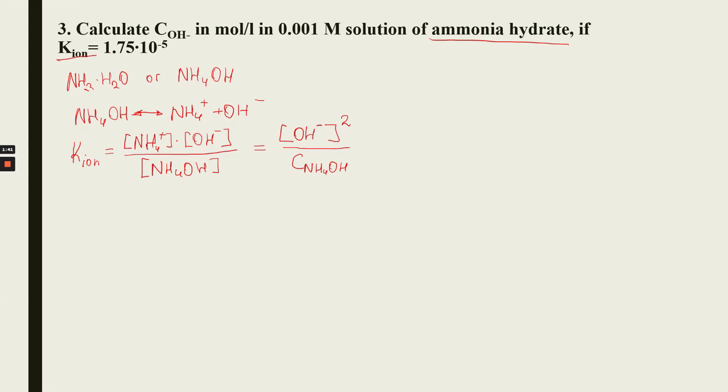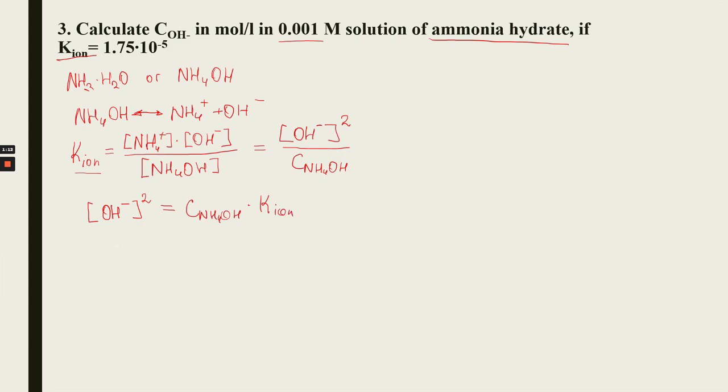We have the molar concentration of the solution, it's given, and the ionization constant is given. So we will write that the equilibrium concentration, I will do step by step, to the power 2 is equal to the molar concentration of ammonia hydrate